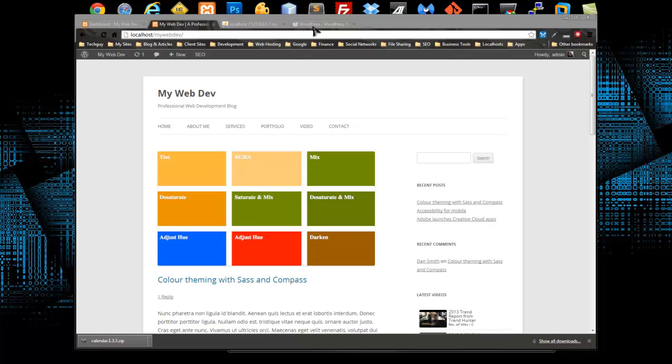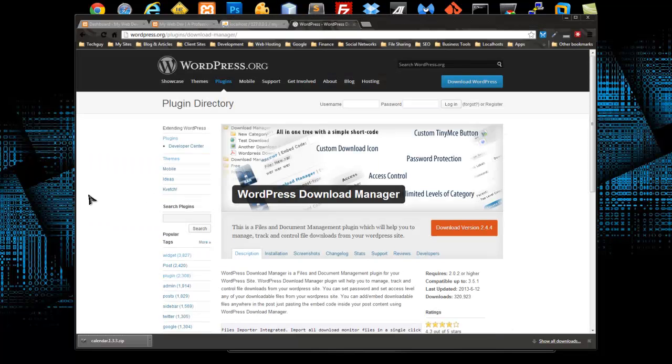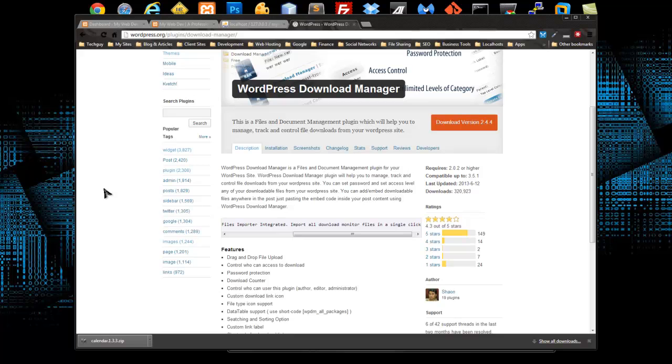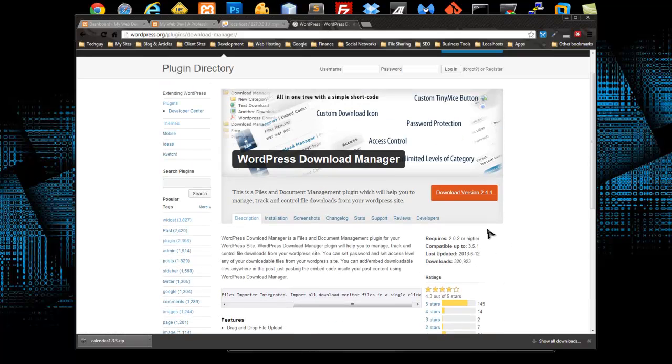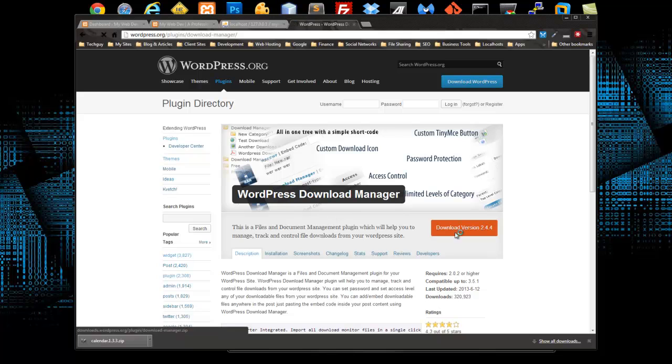So the plugin that I want to use is called WordPress Download Manager. If you want to go to wordpress.org/plugin/download-manager, you can read all about it, the features, installation, screenshots. You can read reviews. It has 149 5-star reviews, so it's a pretty popular extension. So we're going to download this,